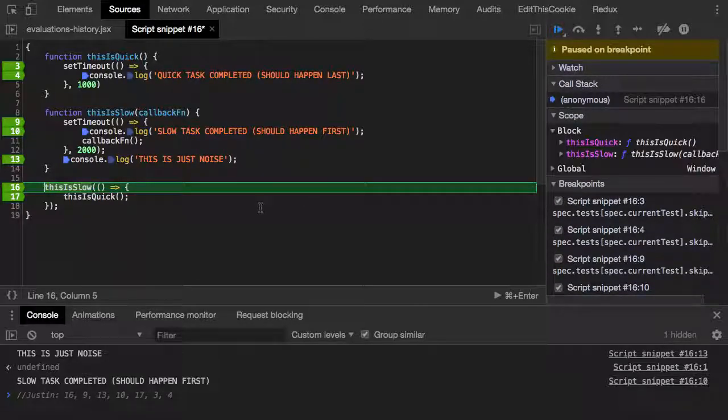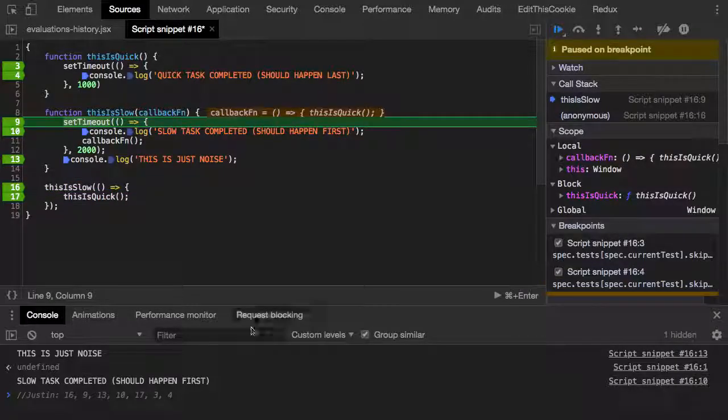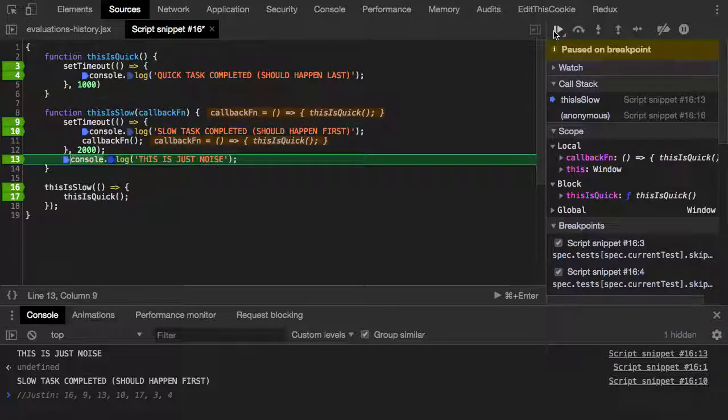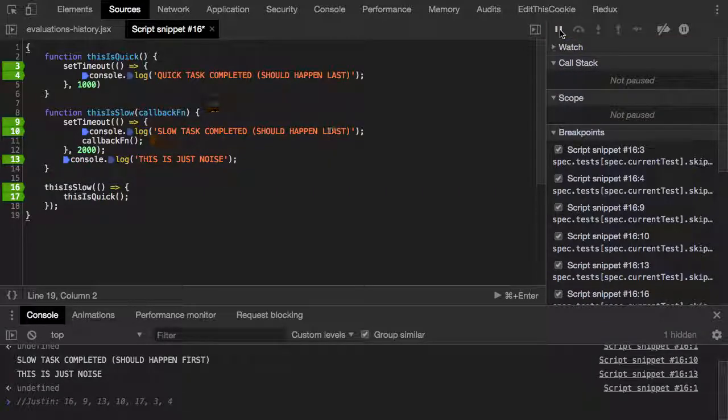Right, so it goes to 16, and then it will just call the function. So next thing should run line number 9. Exactly. And then we got a timeout, but this is asynchronous, so this will take a couple of seconds to run. So definitely the next stop shouldn't be 10 because it will jump after the timeout. So next stop should be 13. Exactly. And then, because there is nothing else happening anywhere else, because this is just waiting for the callback to be invoked, it will wait for 2 seconds. 1, 2, and then